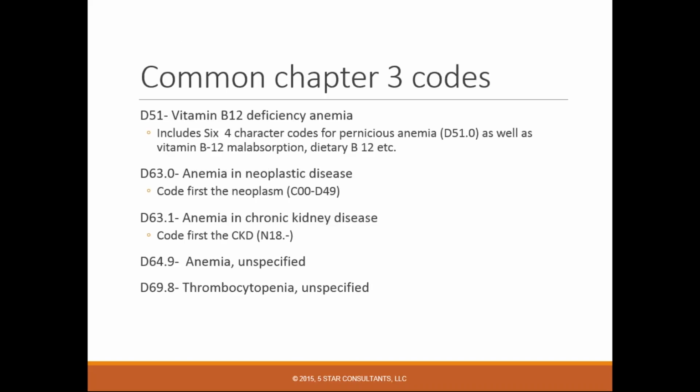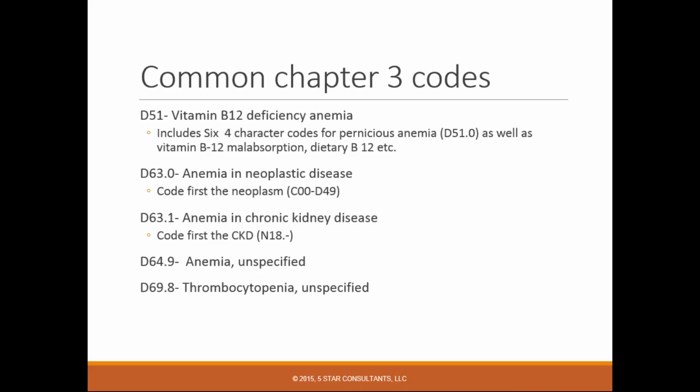So some of our common Chapter 3 codes, vitamin B12 deficiency anemia is D51. Then that has 6 of the 4 character codes, and that's where pernicious anemia is D51.0, and that's where vitamin B12 malabsorption and the dietary B12 is as well. So again, you'll see groupings like that adds to the digits. Your anemia in neoplastic disease is D63.0, and you will code first the neoplasm, which is the C and D chapters we talked about. Your anemia in chronic kidney disease is